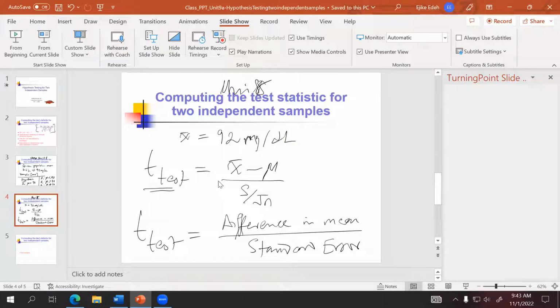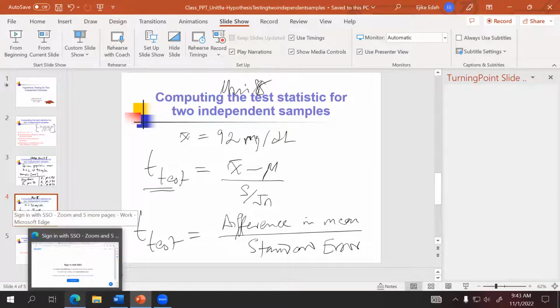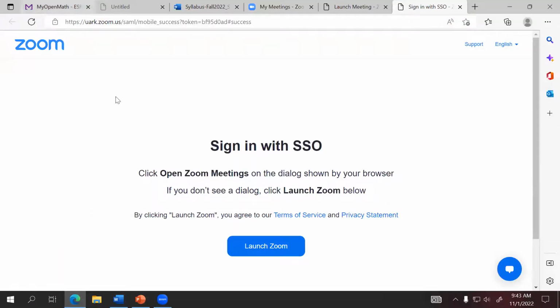Okay, that is the general pattern. So what we have here in the numerator is just the difference in mean between the sample and the claim, and at the bottom is the standard error. And if I should go to where we pick that standard error very quickly, I think it's in